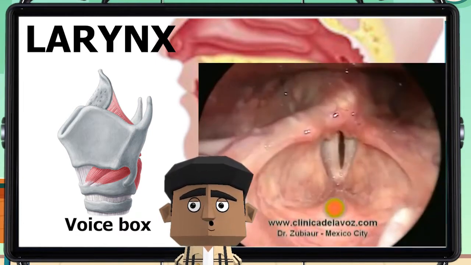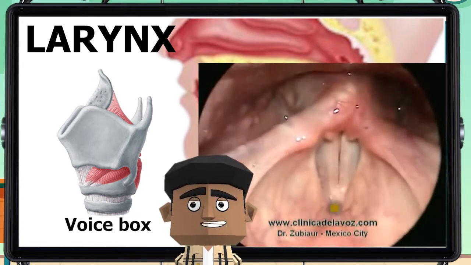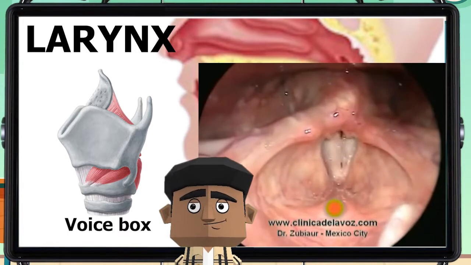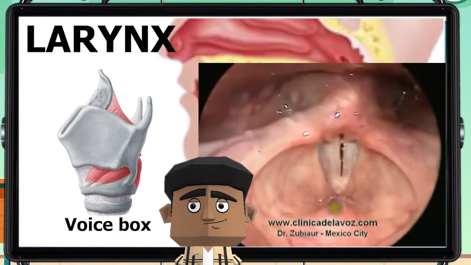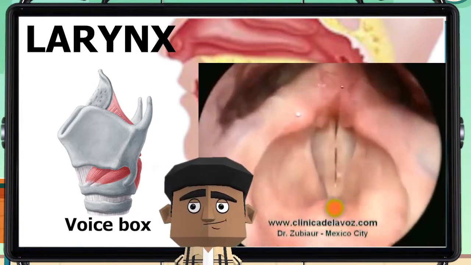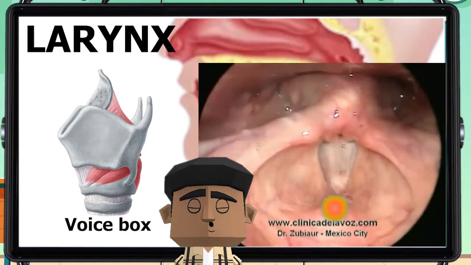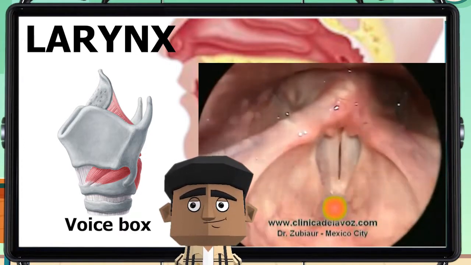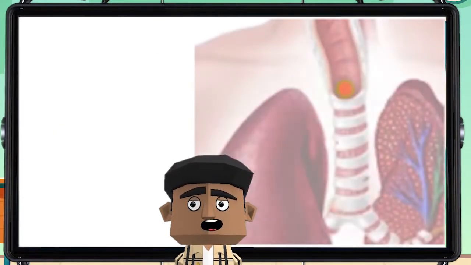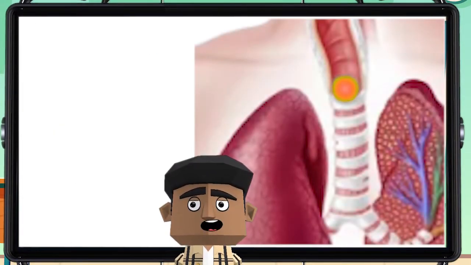We can see in the illustration the laryngoscopic view, which reveals that the vocal cords vibrate to produce sound. You can feel this vibration when you hold your Adam's apple as you speak. Come on, try it. Did you feel the vibration? Nice! Now that the oxygen has passed through the larynx or voice box, it is now ready to go to the